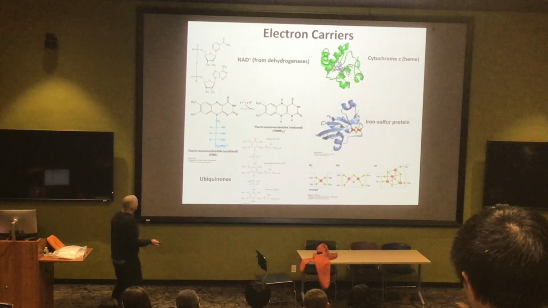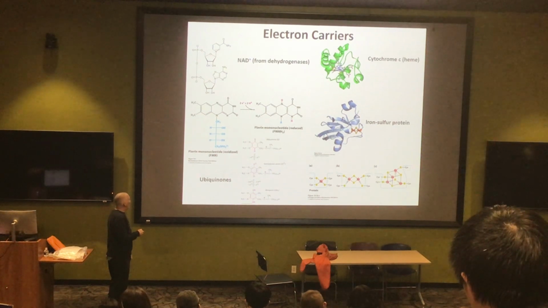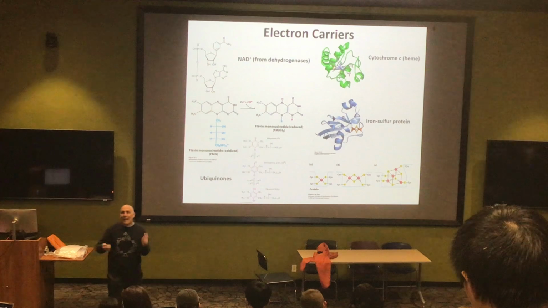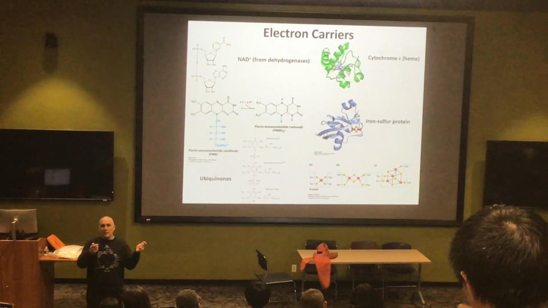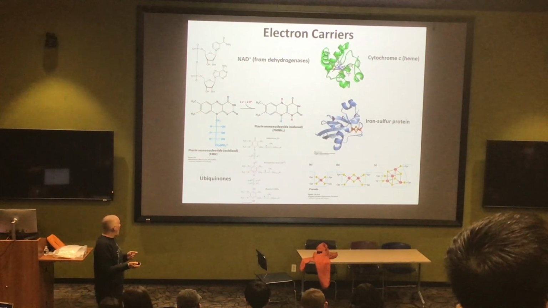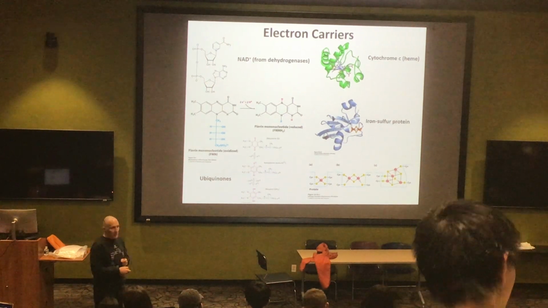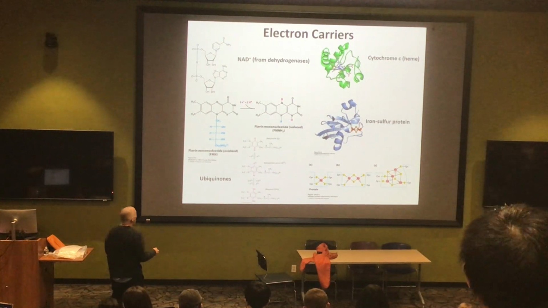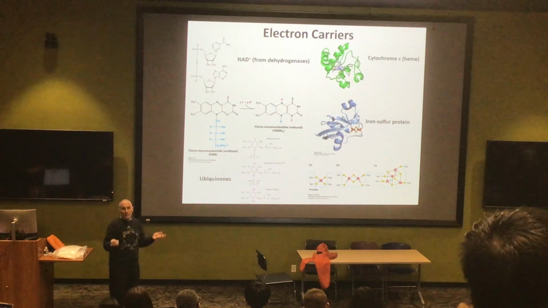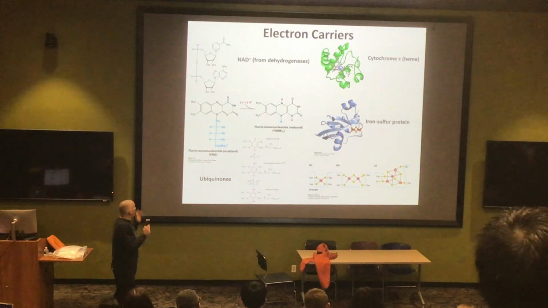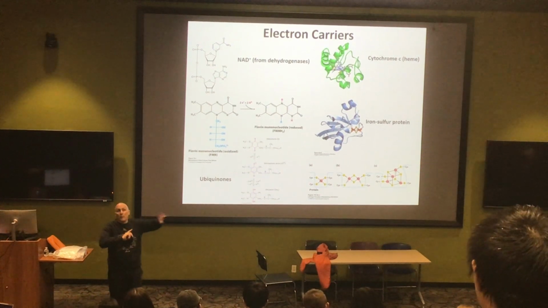Anyway, our next one that we should look at, something we talked about also briefly in Biochem 1, were the ubiquinones. Ubiquinones are kind of like a hybrid, if you will, between the flavins and the NAD. They are like the flavins in that they can do 1 or 2 electron oxidations and reductions. So you can pick up 1 electron, or you can pick up 2 electrons by a ubiquinone. But they're like NAD in that they can float between proteins.